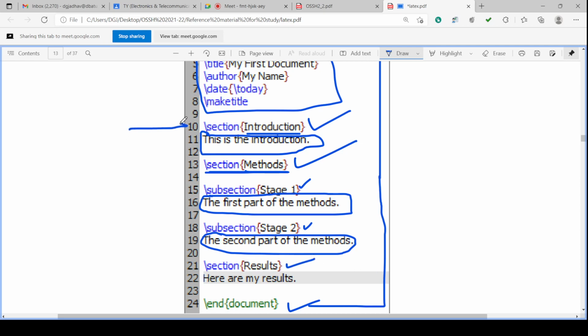So there is a section here, there is a section here, there is a section here. Under this particular section, there are 2 subsections, isn't it? Okay, so there is section 1, and under this there are 2 small sections, subsections. Anyhow you can do. Okay, accordingly, your document requirement, we can do.